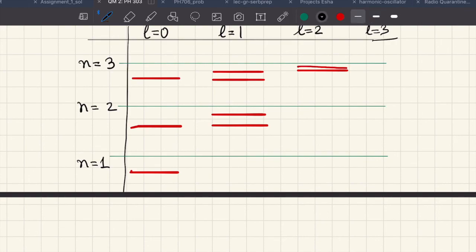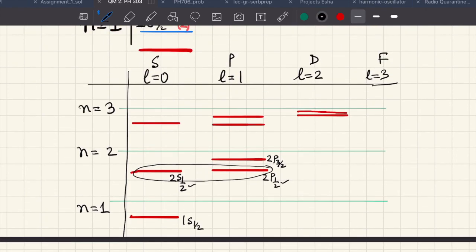So what is happening here? Let me explain. First of all, this 1s 1/2 state has gone down. The 2s 1/2 state also has gone down. This is my 2p 1/2, and this is my 2p 3/2. But you note that these two remain degenerate. These two states remain degenerate because they have the same n and same j. Both have j equal to 1/2. Both have n equal to 2.